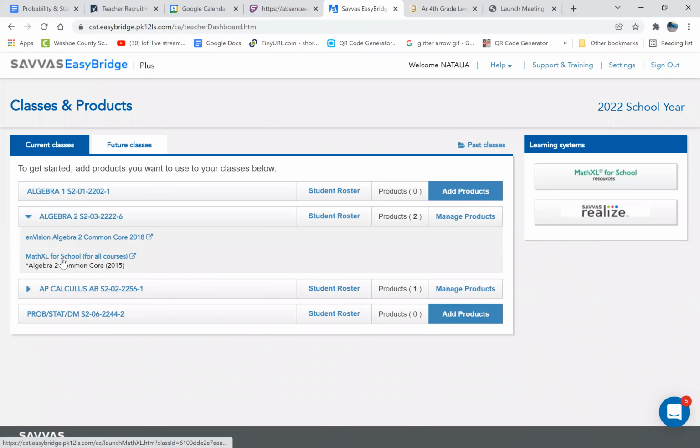So if you don't have this, then what you need to do is under assignment management, go to create assignment, go to import copy assignment from another course, and then we're going to hit next. Make sure you select Washoe County School District. And then we're going to go to choose. And if you scroll down,